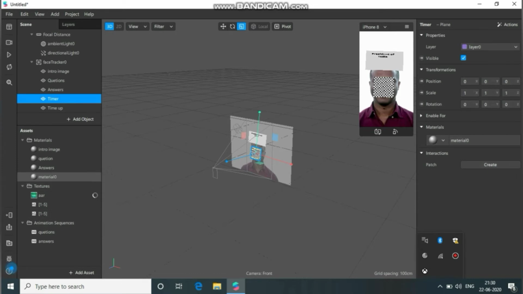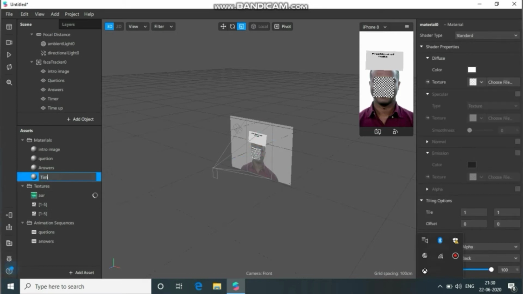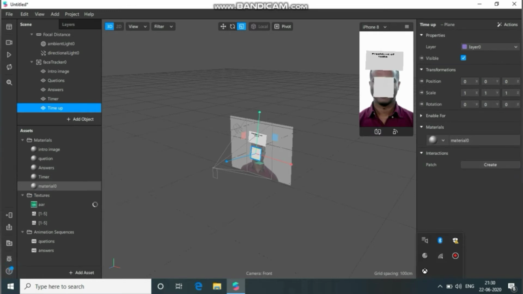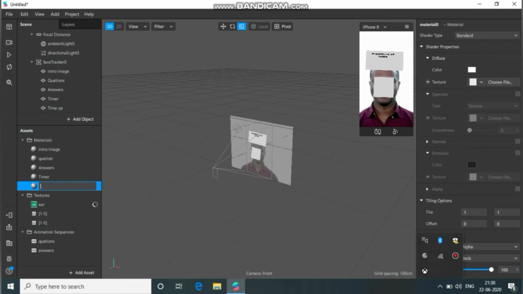Same way we need to create materials as well for timer and time up, and rename them. Naming will help us if we face any issues at the end.